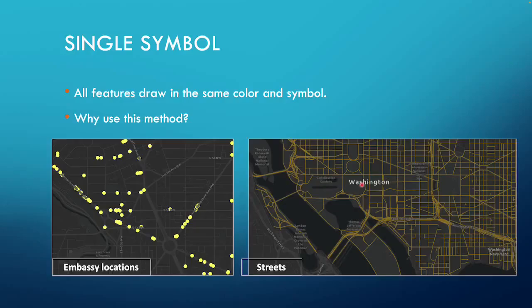So to start with, as you add data to ArcGIS, and you may not have really thought about it or noticed it, but as data comes into ArcGIS, it's displayed as a single symbol. And so all the features of the data you added will draw in the same way. They'll be given the same color and a single symbol. If it's point data like this, it's usually just a round dot, and then ArcGIS will randomly assign a color. So you may have noticed, if you're looking at the person next to you, why are your dots blue and mine are pink? And that's because